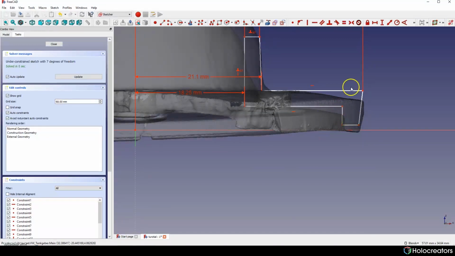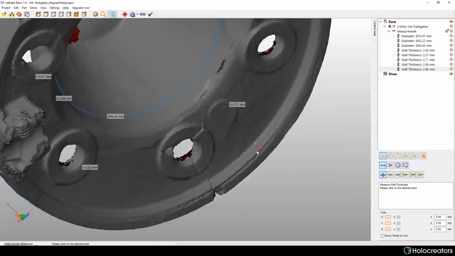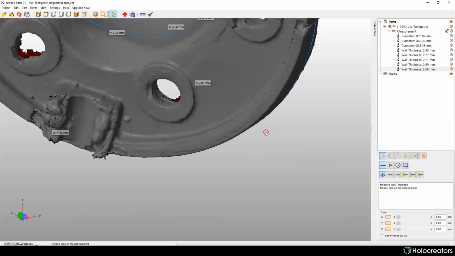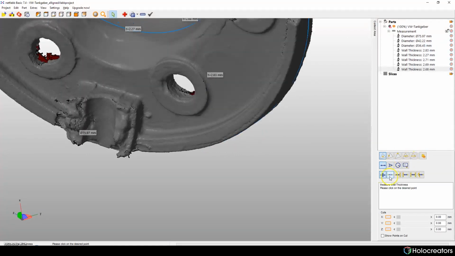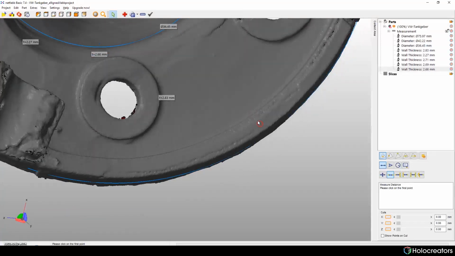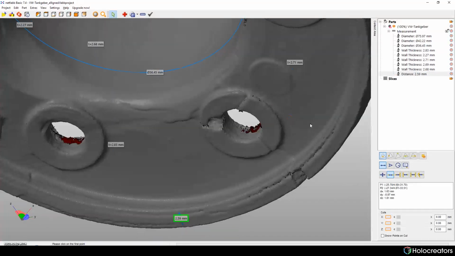Next thing, we have to do couple measurements for this area. I'm gonna choose instrument point measurement, and I will do a simple measurement of this part here, just in few places.